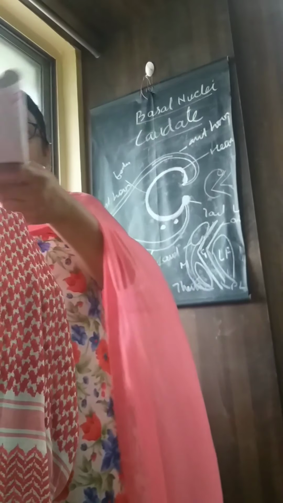Medially the caudate nucleus is related to the stria terminalis, laterally it is related to the tapetum, and superiorly it is related to the sublentiform part of the internal capsule and the globus pallidus. Got it? So this I am just mentioning. You have to refer to the diagrams which I have already drawn while talking about the lateral ventricle. So to repeat again the relations, medially it is related to the stria terminalis, laterally to the tapetum, and superiorly to the sublentiform part of the internal capsule and the globus pallidus.